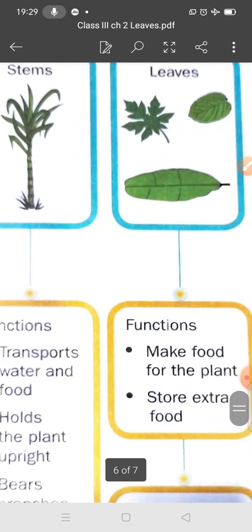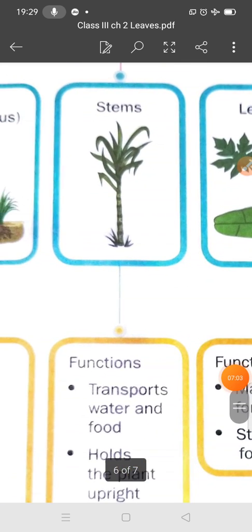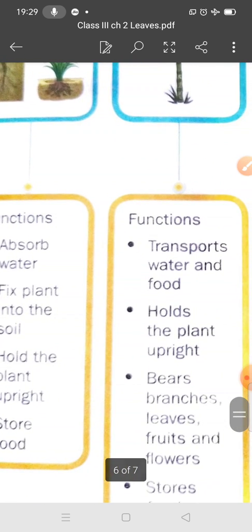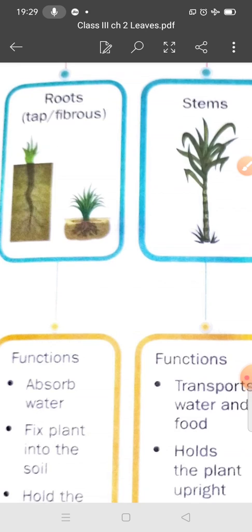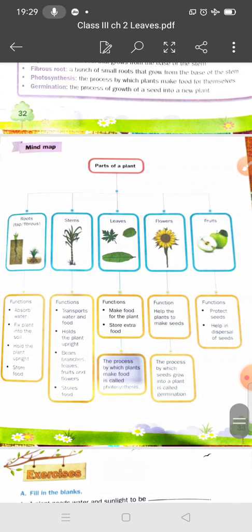Now student, we will discuss the leaves. You can see these are the different shapes of the leaves. Okay students, so first you read this, also the four functions and an example. What is the difference between the roots and stem, and write the function of each, roots and stem. Okay students, and in the next lecture we will discuss the leaves, flowers and fruits. Okay students, take care. Bye.